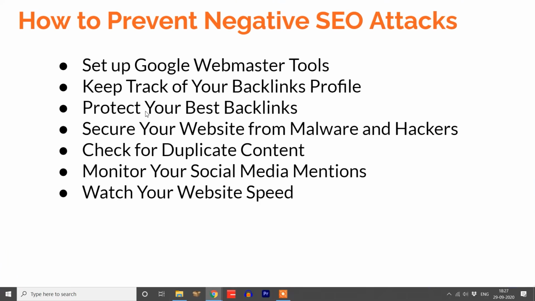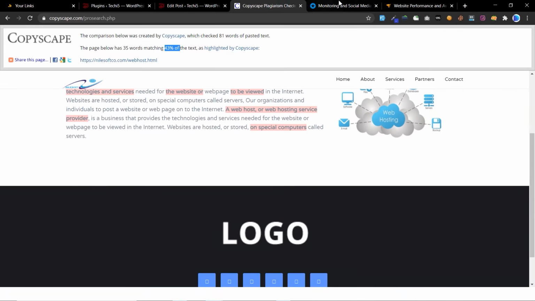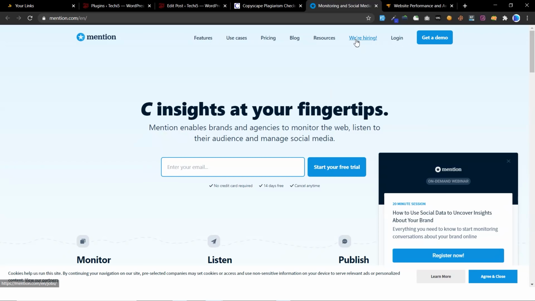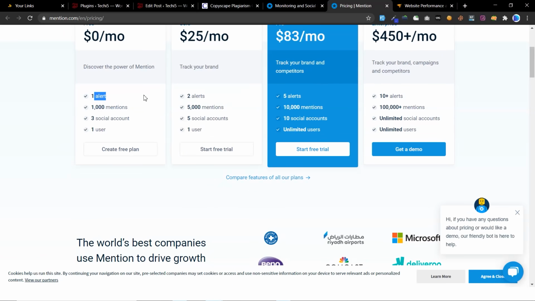Okay, now the next thing is monitor your social media mentions. What the spammers will do is create your brand name on social media sites and add false information or adult photos under your brand name. So how can you track them? You can use a tool called Mention. Here just create an account and enter your brand name. They have a free plan, you can use their free plan. It will track your brand mentions on social media sites. In the free plan, they will track up to 100 mentions. So this way you can track the spammers on social media sites.